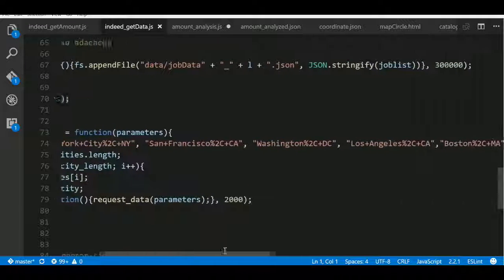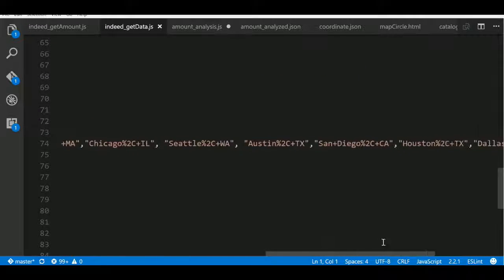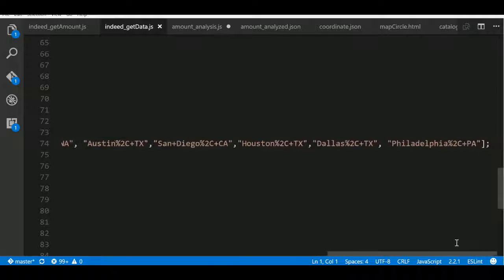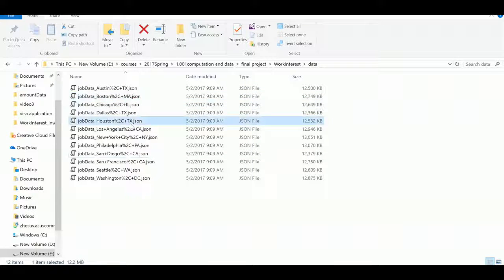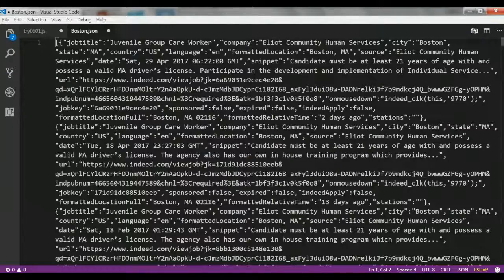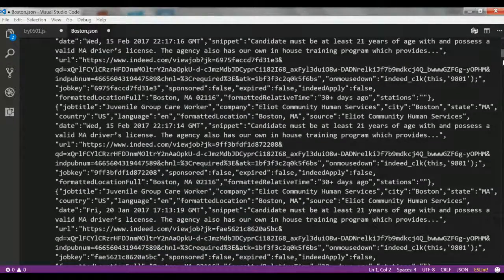At first, we were ambitious and wanted to explore the whole country. When we attempted this by loops, the laptop crashed when iterating through a large set of cities. So finally, we searched the top 12 major cities. We carefully iterated through them and got 180,000 pieces of job opening information. Here is the data we collected. We stored them in JSON format as lists.